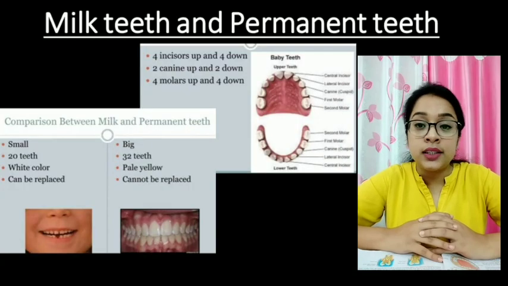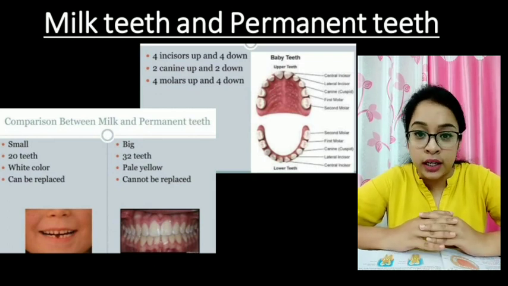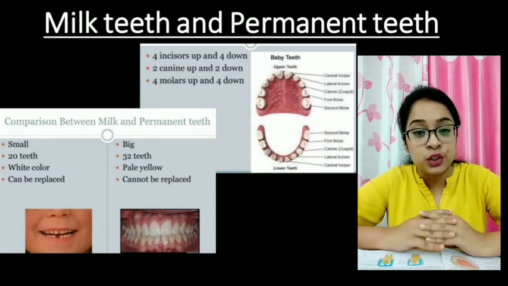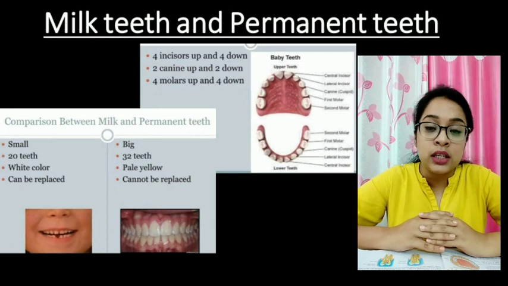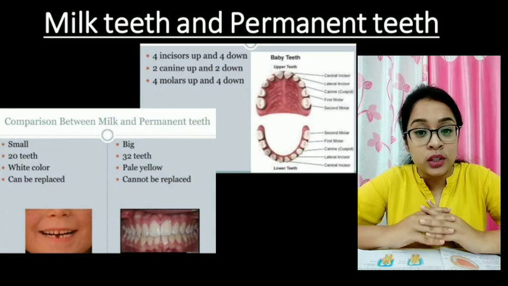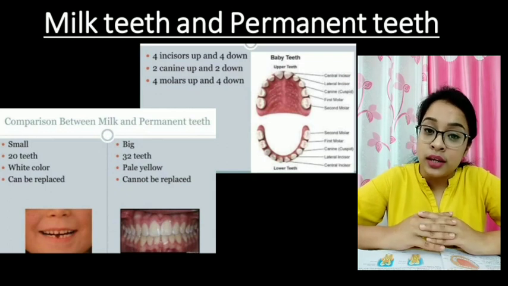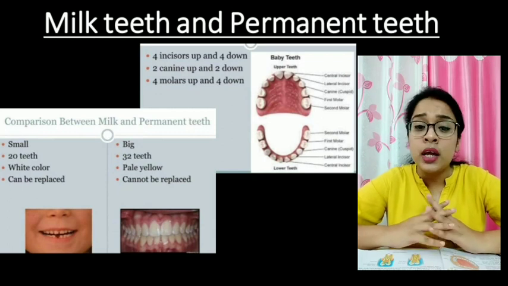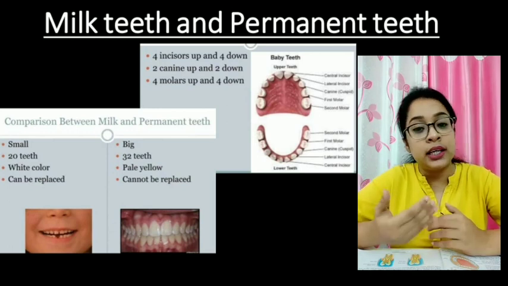In human beings, teeth grow twice. One set comes during childhood, and those teeth generally fall off at the age of 6 to 8 years. Those teeth are generally called milk teeth. When the milk teeth fall off, a new set of teeth comes out. Those are called permanent teeth. But if permanent teeth fall due to any reason, then a new set of teeth does not come from that place.